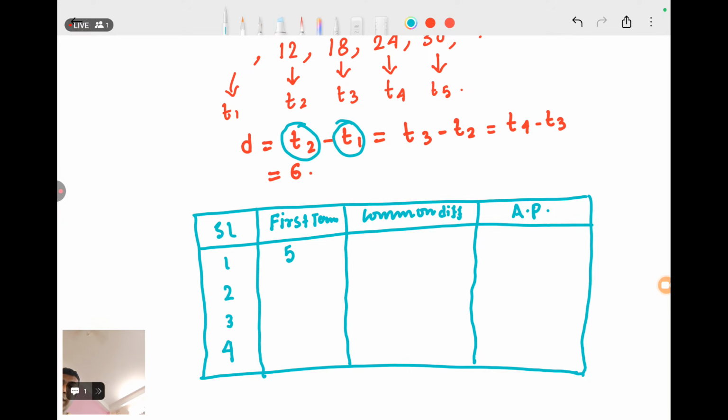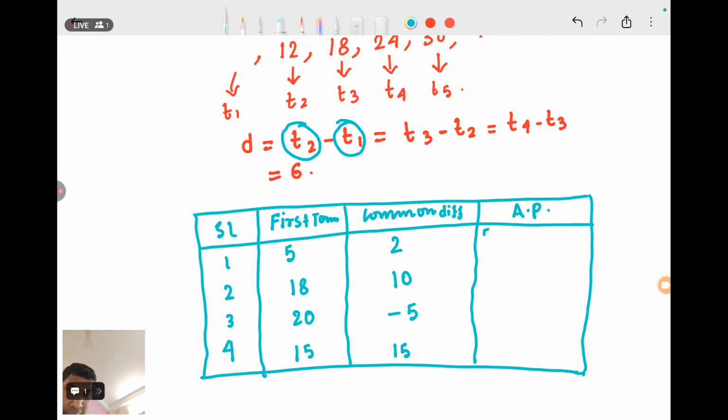Here suppose we have taken the first term 18, उसके बाद आपका 20, उसके बाद आपका 15, ठीक है ना। अभी हम लोग एक कॉमन डिफरेंस अपना खुद से बना लेंगे। इसका हम लोग कॉमन डिफरेंस देते हैं 2, इसका 10, इसका -5, और इसका 15, ठीक है। तो एपी सीरीज इसका बनेगा 5, 7, 9, 11 और 13, ठीक है ना।